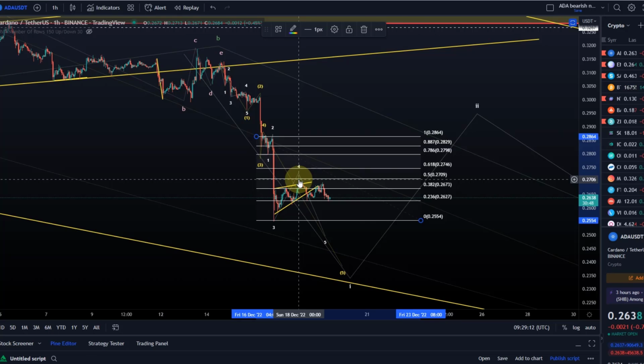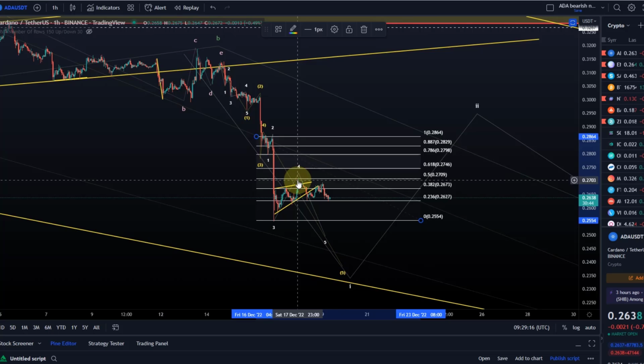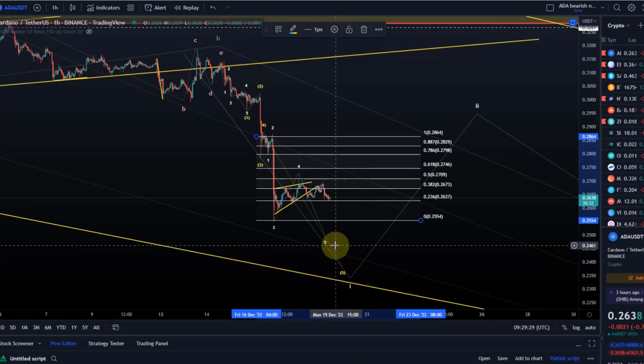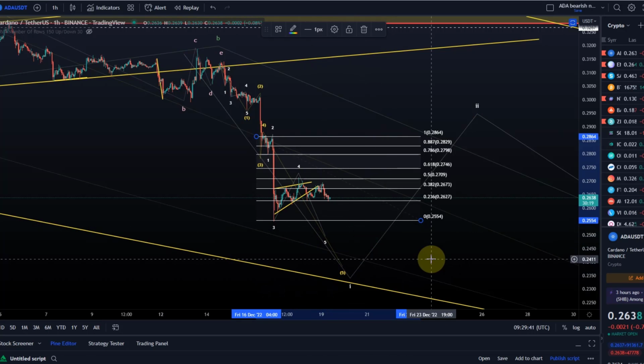I've got the same count for Bitcoin and Ethereum, but it shouldn't really go any higher than 27.1 cents because that would make this count very unlikely, because it normally wouldn't go above the 50% level. And evidence that we are going lower in wave 5 here into the 25 region first would be obtained as soon as we break below the 26 cent level. And then we need to break below 25.5, and we'll most likely get to around 25 in the first instance.